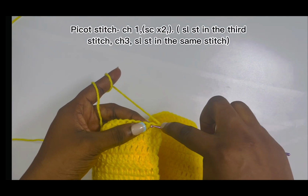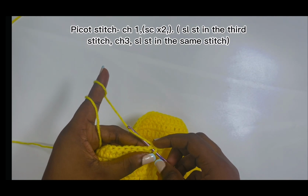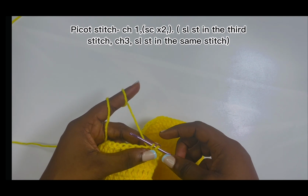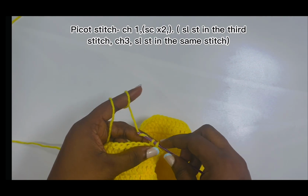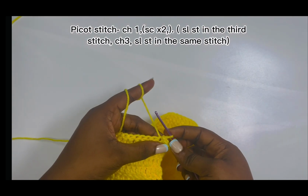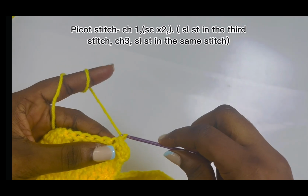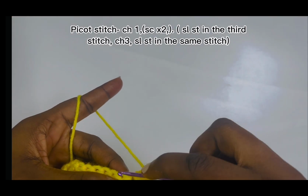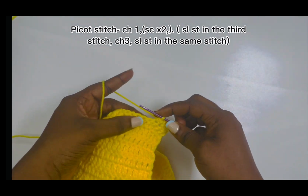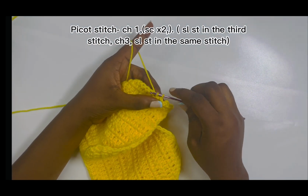Make a picot stitch, insert your hook into this V-shaped stitch below, then pull up a loop. Instead of pulling up another loop to go through like you would for a single crochet, just pull this loop through your first loop stitch. So chain 3, then repeat your slip stitch. So make 2 single crochets, then